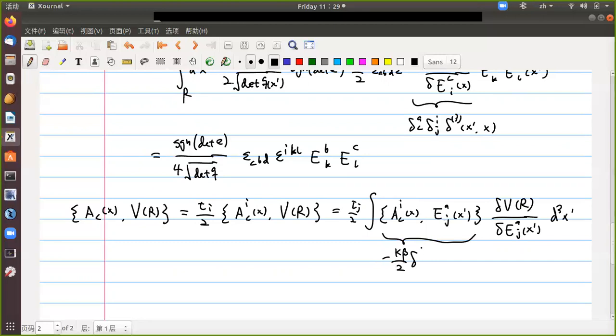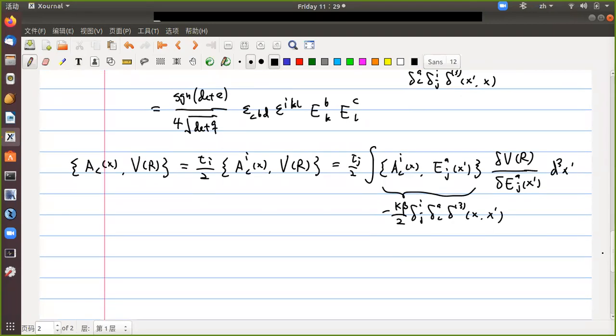So this is delta ij, delta ac, delta 3 x prime. Okay, and you get the deltas, and again you integrate out x prime. Okay. So you get 1 kappa beta minus 1 minus kappa beta divided by 2, and then tau half,